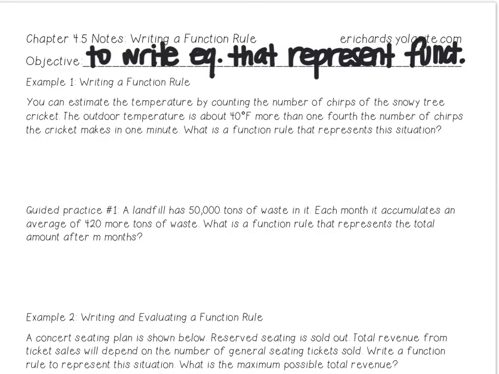So what I want you to do is take the important information out of this paragraph. So I know that the outdoor temperature is 40 degrees more than 1/4 the number of chirps the cricket makes in 1 minute. So I've underlined each different part. So we're going to take the outdoor temperature. I don't know what temperature is, so we'll call it T. It is, so that's going to be our equal sign,